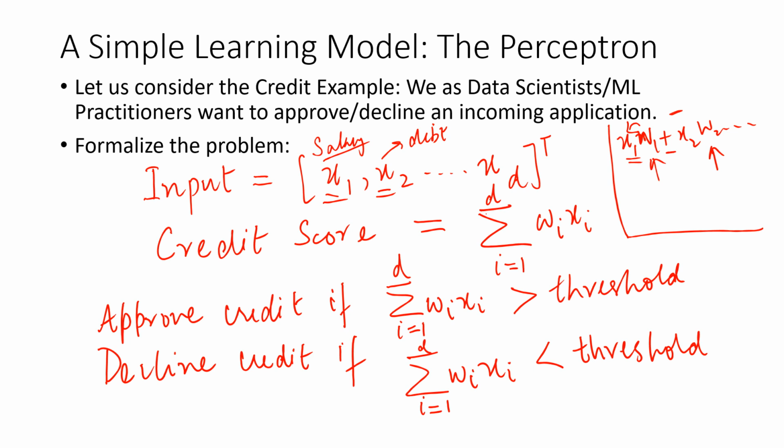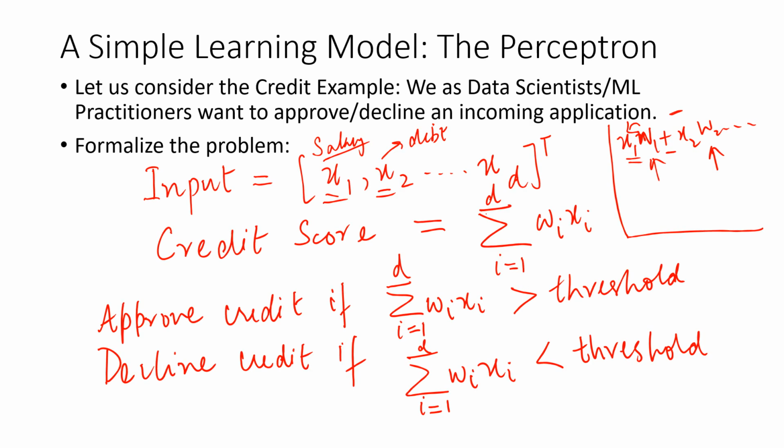Okay, so having said that, I have formally defined a rule which I can write more concisely here. I can combine both the approval and the decline of the application into a single equation. Essentially what I'm trying to do is determine the sign of this particular equation. Let me write it down: the sum from i equals 1 to D,